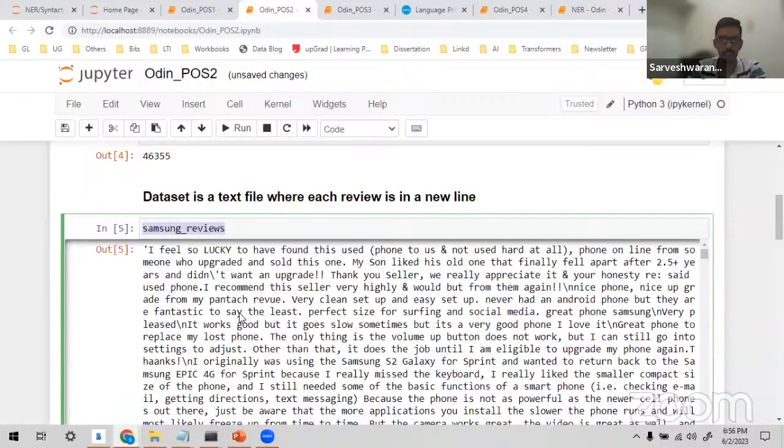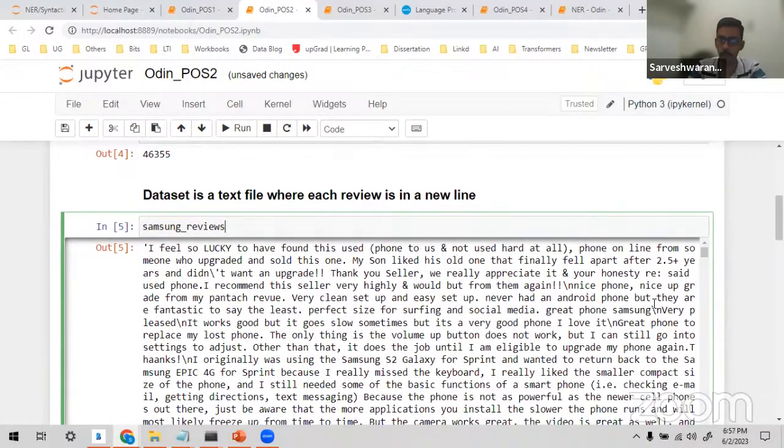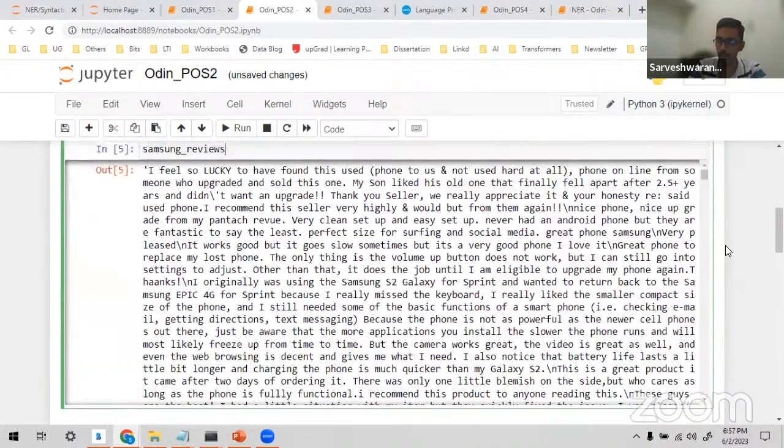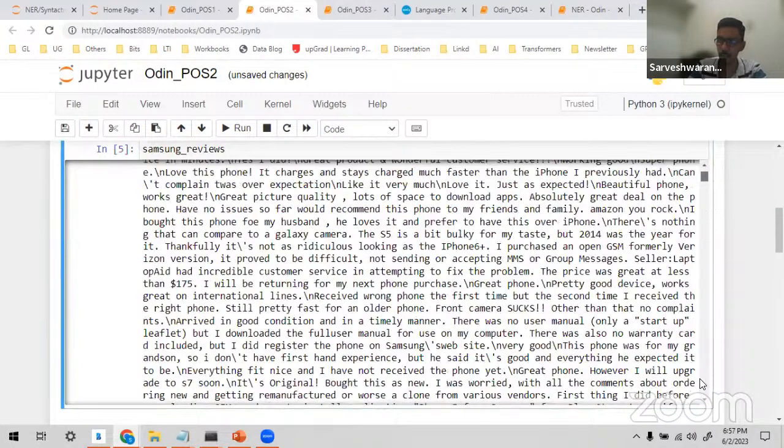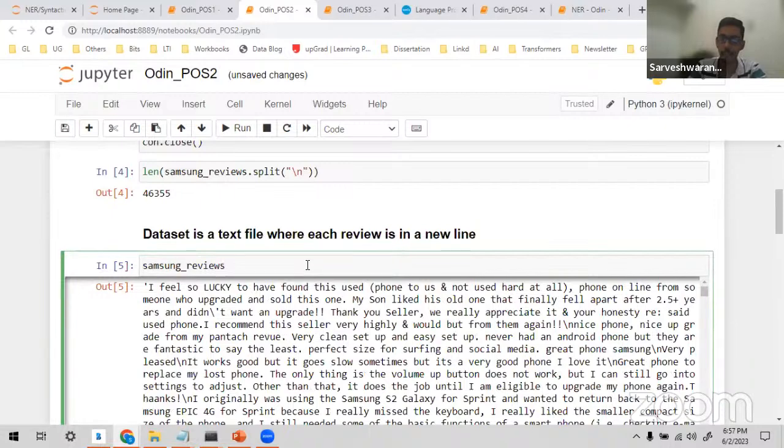So this is where sometimes your local system is stuck even for a small data. So there's an example of it. Right? In such a small data, your local computer is not able to support. You can make use of Google Colab, the pro version of Google Colab, and you can make use of the GPU processors in Google Colab. Right? So you can take Samsung reviews and split it how? Split it into each sentence.